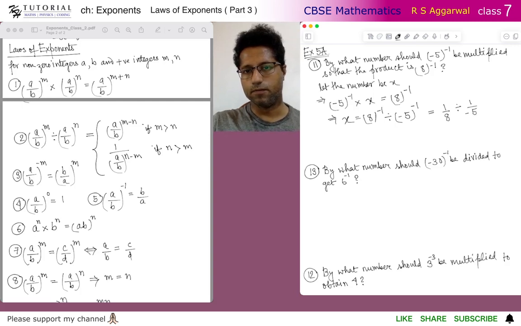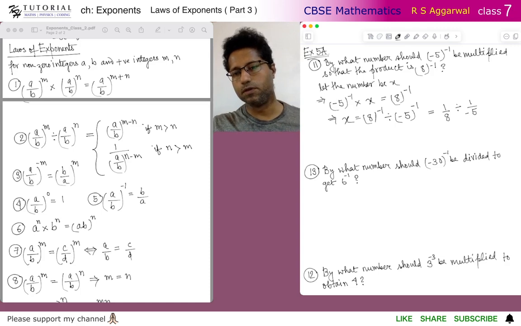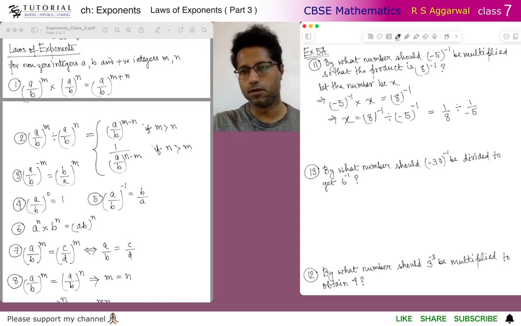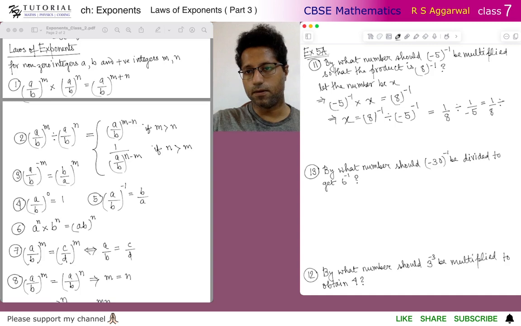Now again, we do not keep a negative denominator, so we will convert the second rational number 1 by minus 5 to have a positive denominator. So this becomes 1 by 8 divided by minus 1 by 5,